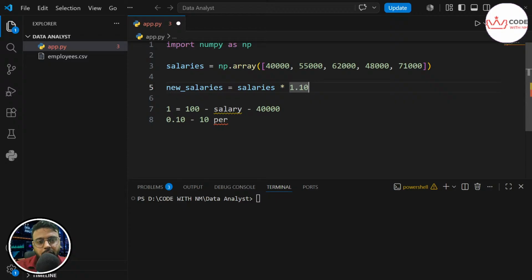So how do you calculate percentage? At the end you multiply by 100, but I am not doing that here. I just simplified that equation, and after simplifying it I get this number 1.10, which is nothing but base salary into 1.10. Now, did you get it or not? 15% decrease, 0.85. Yes, of course. I think you got it.